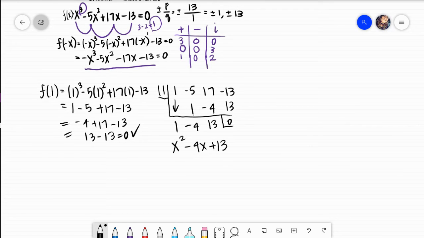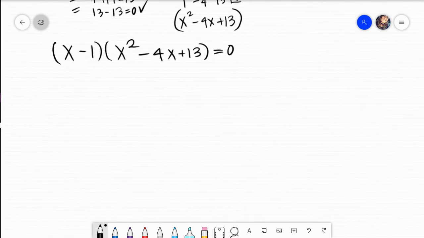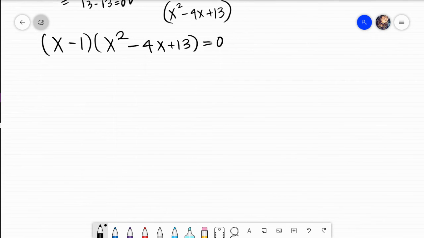I did find out for a fact that 1 is a 0, which means x minus 1 is a factor. I'm going to take this quotient, and I'm also going to put it right here. I need to find the other zeros, therefore I'm going to set it equal to 0. If y'all are okay, here we go. So I already know that x minus 1 is a factor, which gives x equals 1, from taking that factor, setting it equal to 0, right? So now what I have is the other factor, which is x squared, a negative 4x,